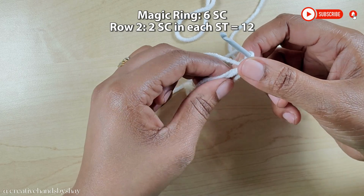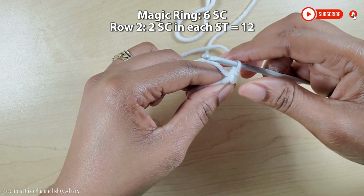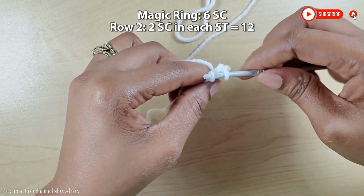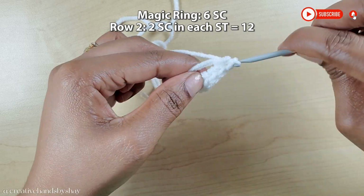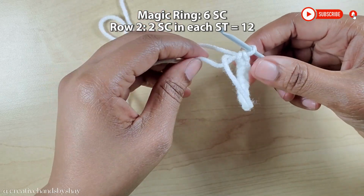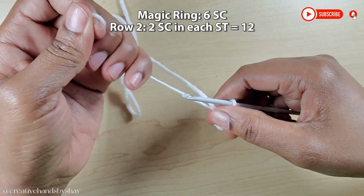Chain 1, and then you're going to put 6 single crochet into the ring. 1, 2, 3, 4, 5, and 6. Now that you have your 6 single crochet, you are going to pull onto your tail end,